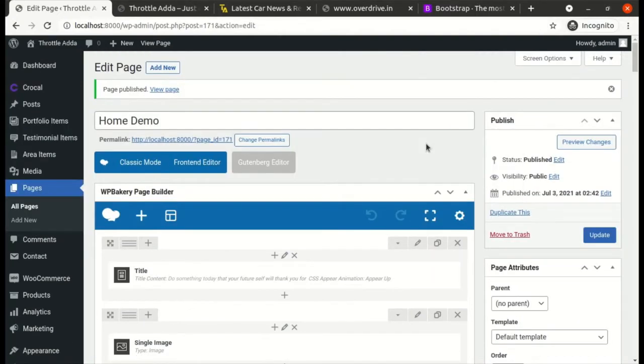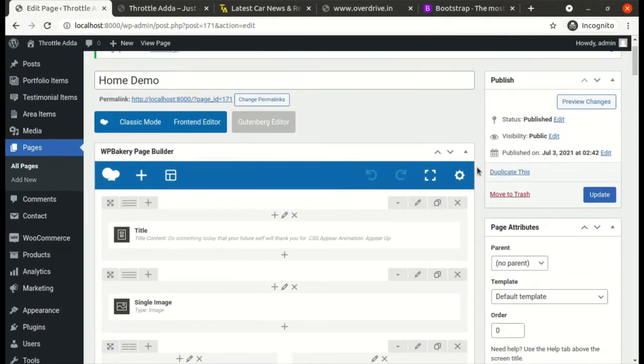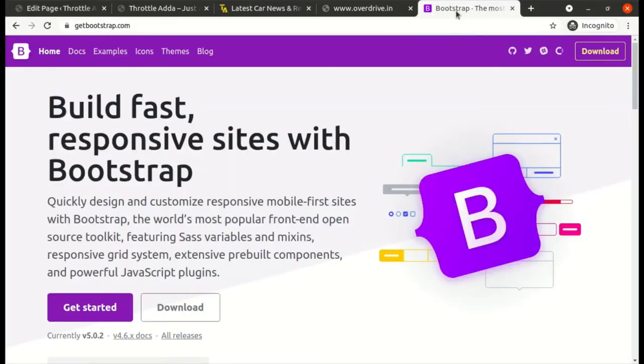The basic rule of designing a page is that a page is always divided into 12 columns. Now if you are not aware of what 12 columns are in a page, let's go to bootstrap.com. Now Bootstrap is a plugin which gives you JavaScript and CSS.